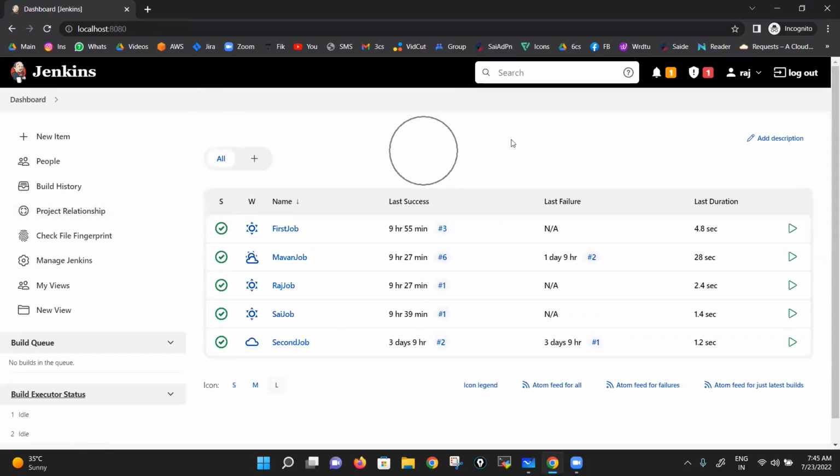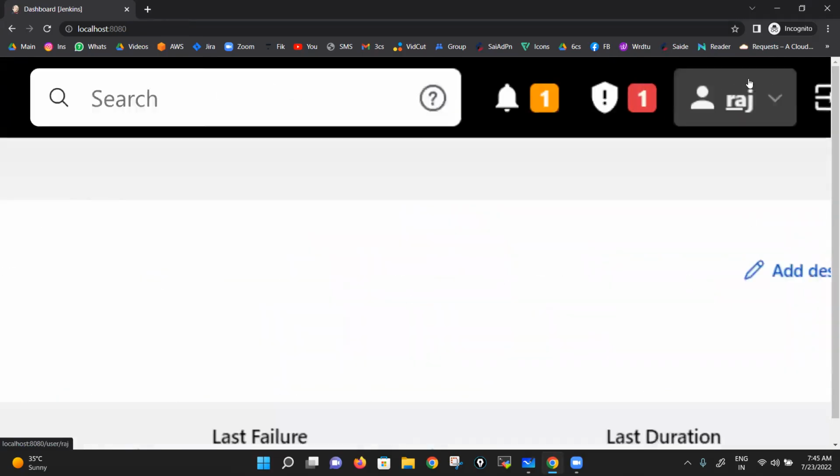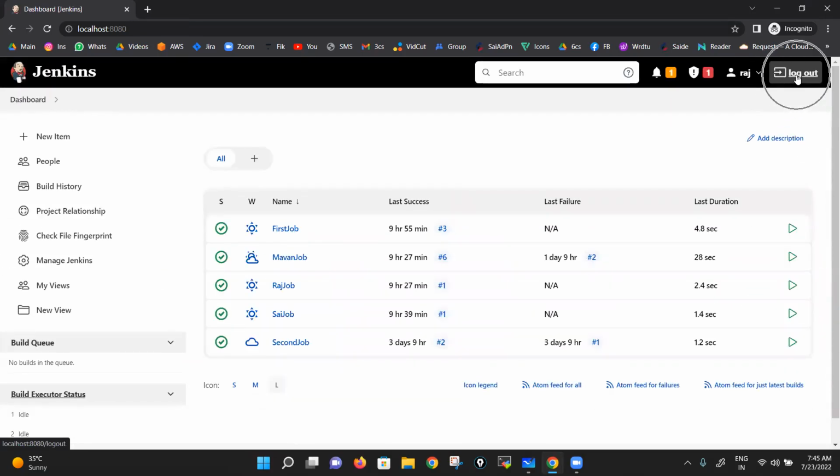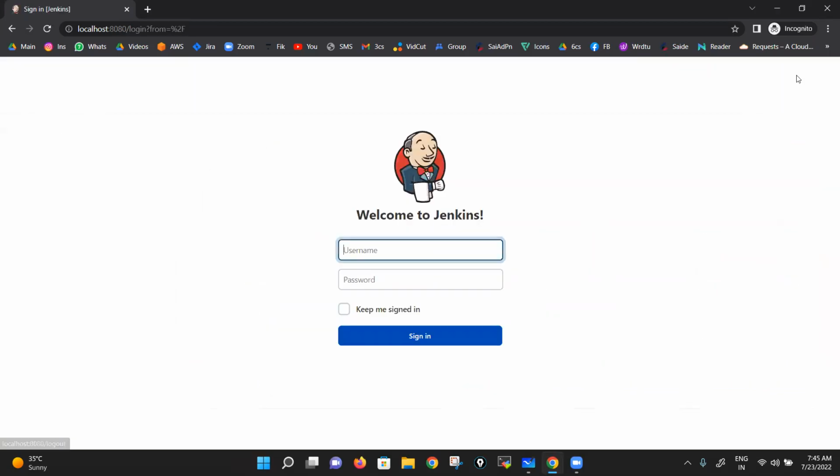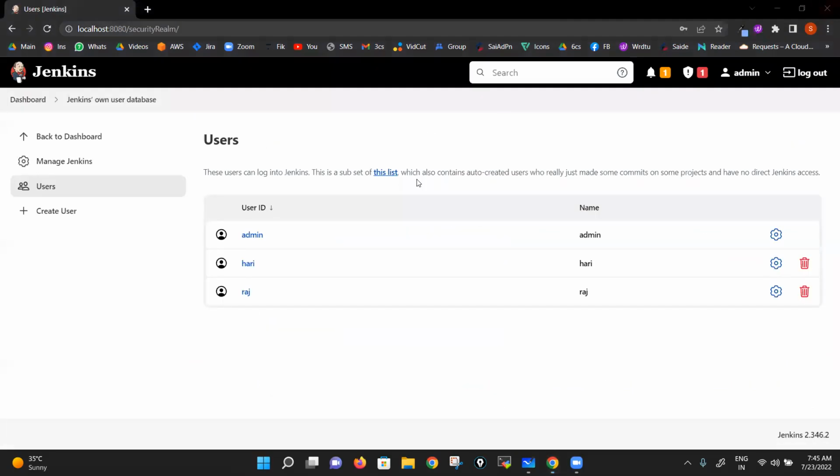The same thing with Raj. Correct? You can see the same thing with Raj. So what is the conclusion here? Let me log out and just close it. What is the conclusion? The conclusion